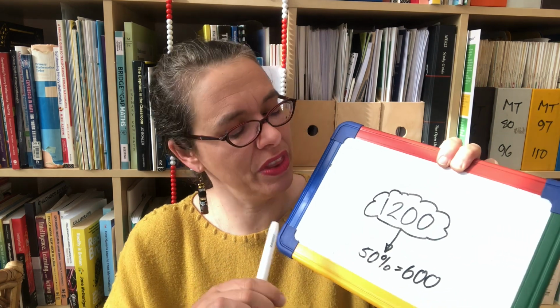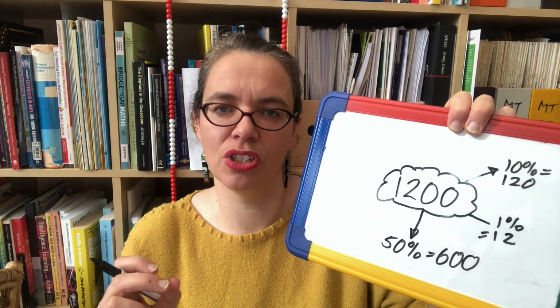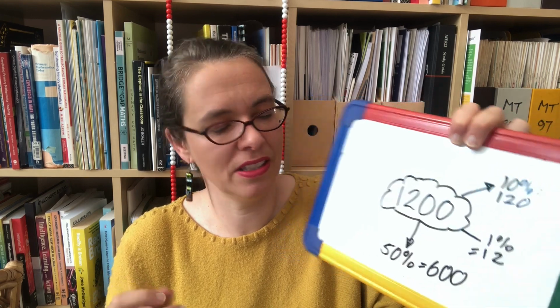What else might they be able to do? Well, if they've become confident with the idea that you can find 10% by dividing by 10, hopefully they can find that. 10% is 120. Hopefully they can also see that 1% is 12. All this takes a while, and you want to go back to your proportion diagrams to make sure that every child is confident. They might come up with 25% being 300,